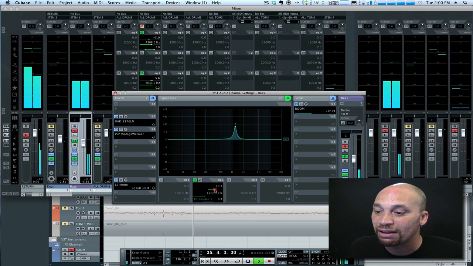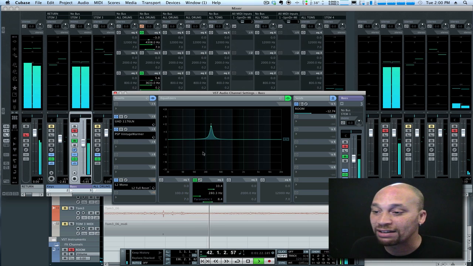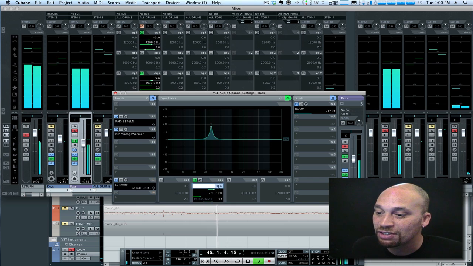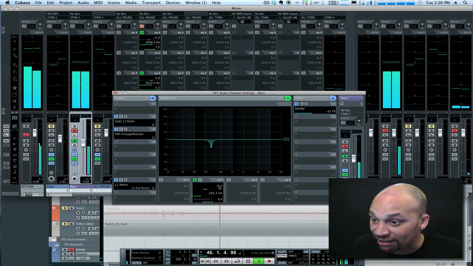I can sweep this frequency and find the area in the sound that I don't like. This is the method I recommend: find what you don't like and cut it. So say let's assume that that's offensive to my ear. So what I'm going to simply do is just change this to a negative value. Let's say -6, and then what I might do is play around with the Q